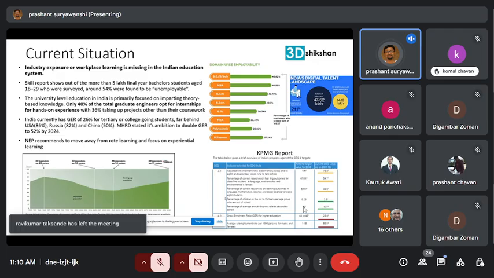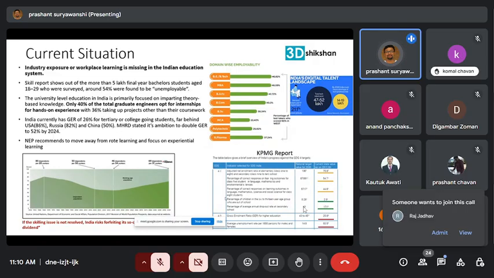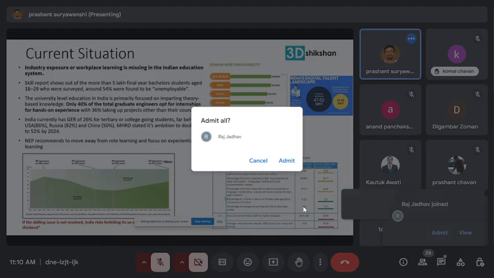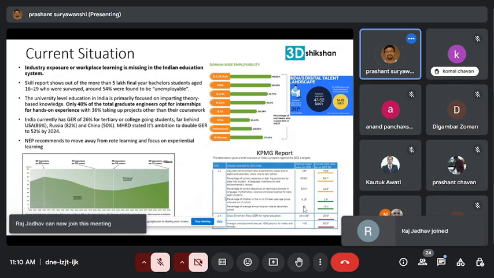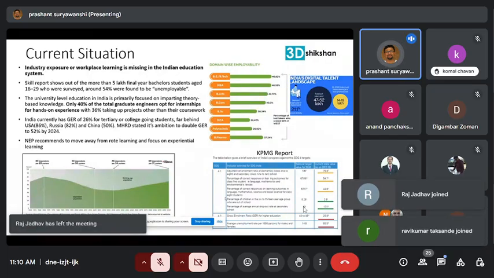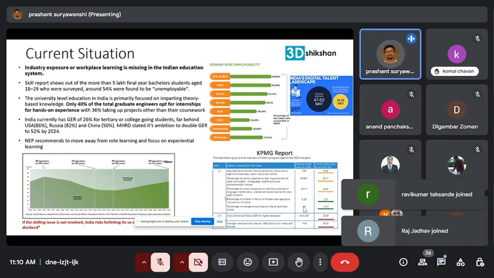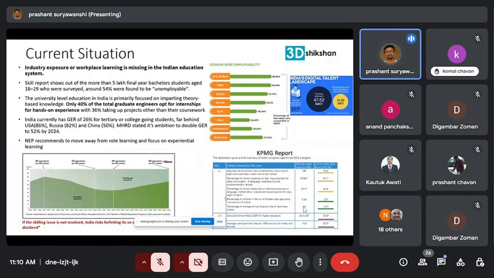That's where we have to prepare for these challenges. As all faculties are here, it is our duty to strengthen this ecosystem. I will not go into much detail on this data, but compared to, say, the foreign education system, Indian education lacks industry exposure and workplace learning, which industry is demanding.